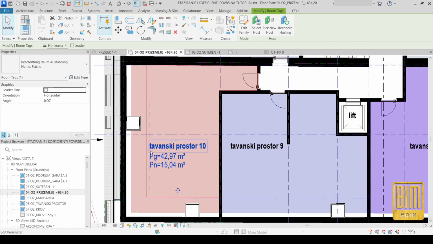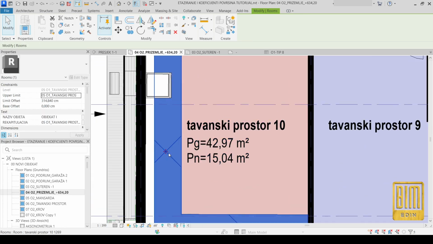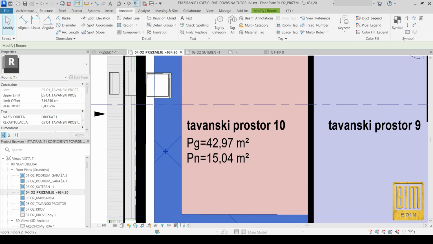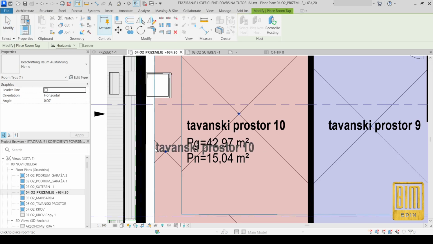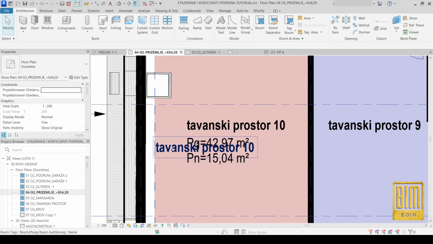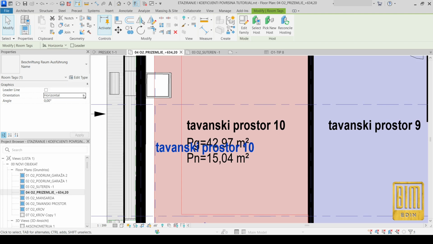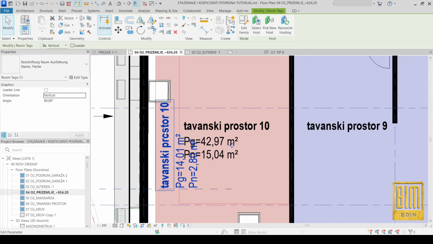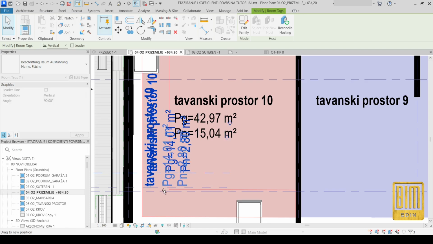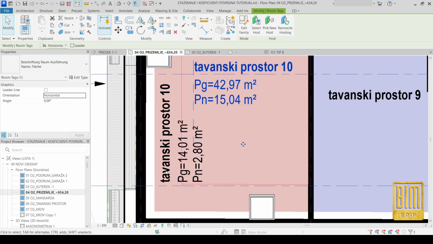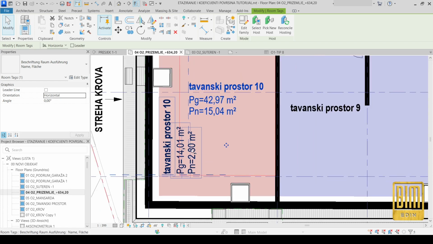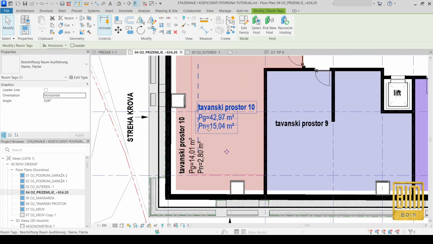All right, and here I can add the tag here also. All right, I will change it vertically. Okay, and I will change the type of the tag. Here you can see. This is the net area of this place here, and when we go to schedule,